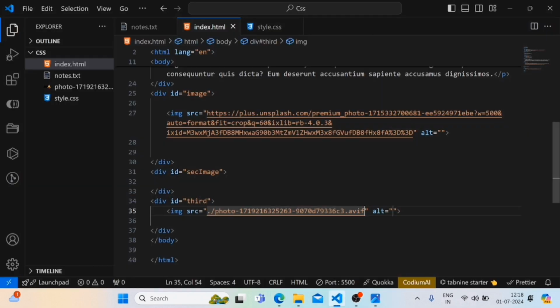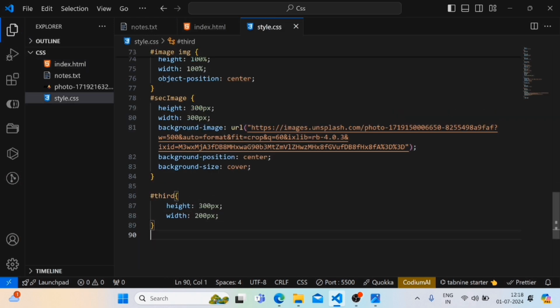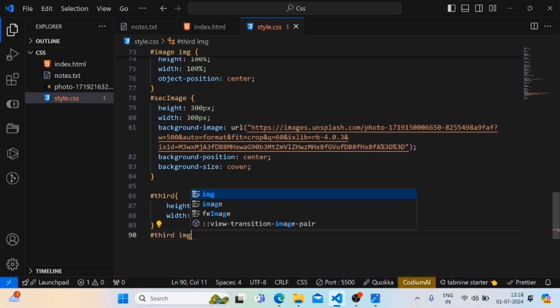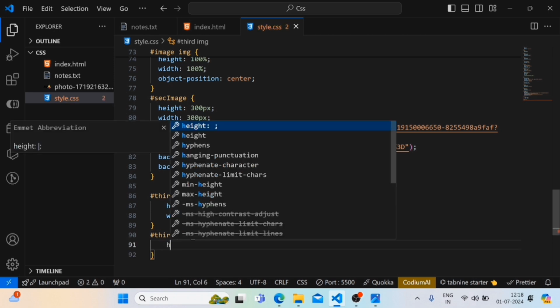So this image is inside this div which name was third. So as third, and here we will tag image. Here we will target the image. So we will give here height width